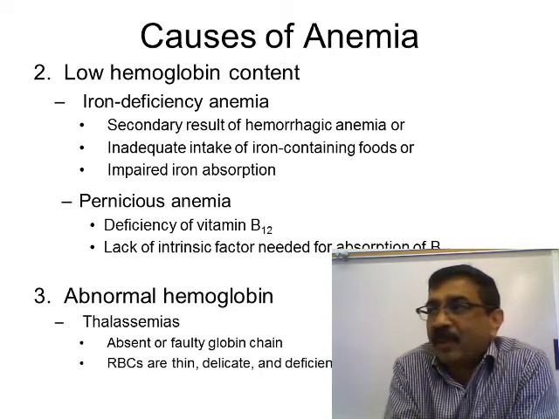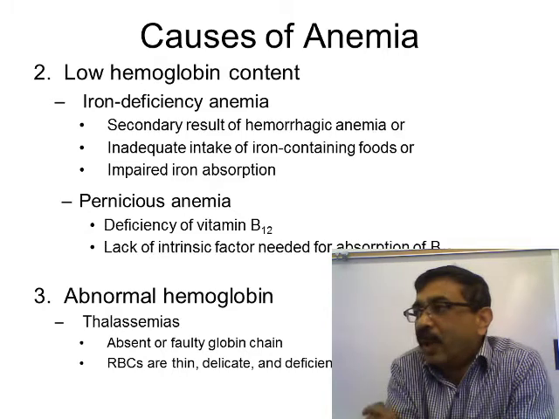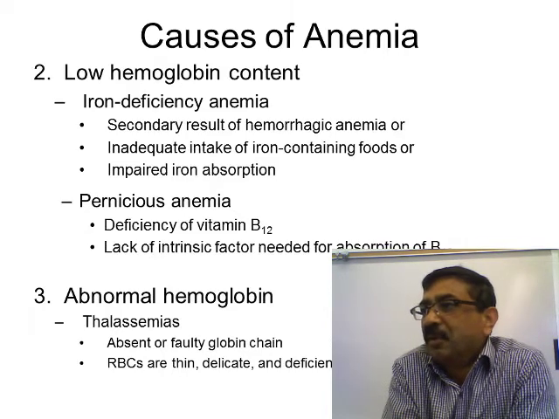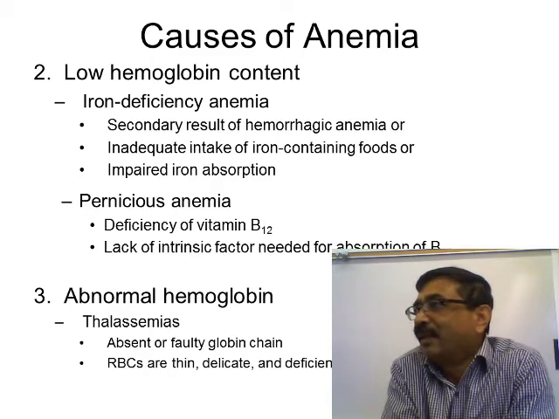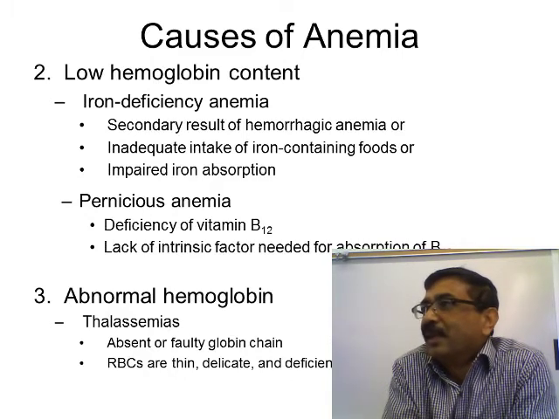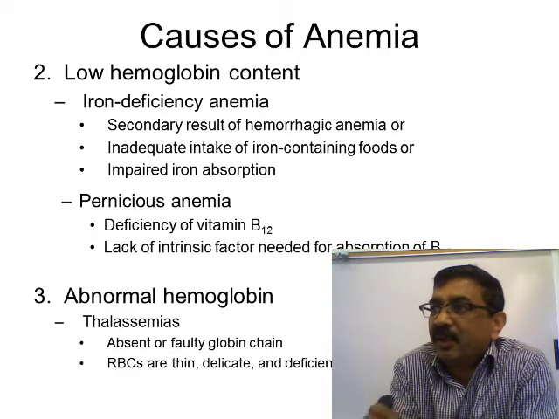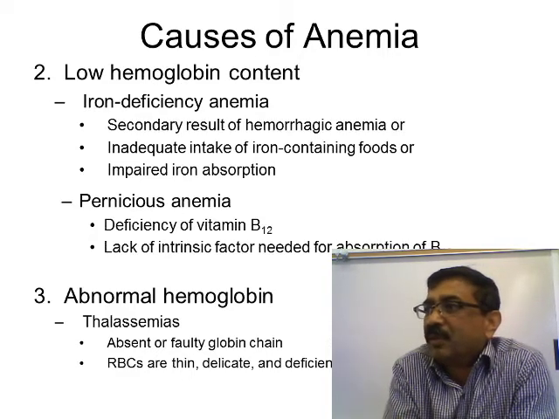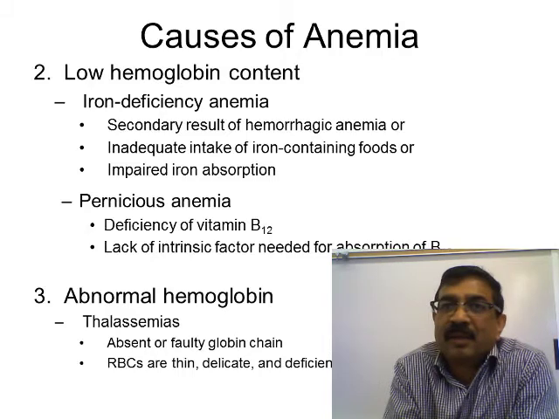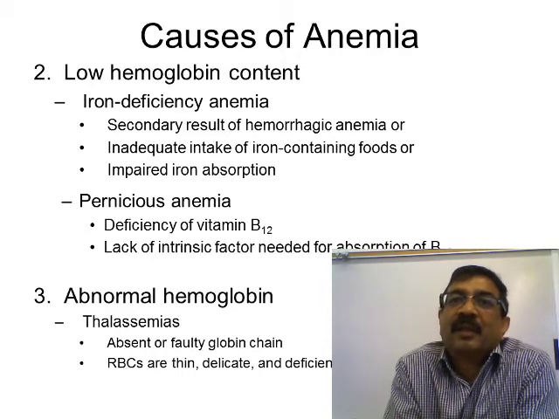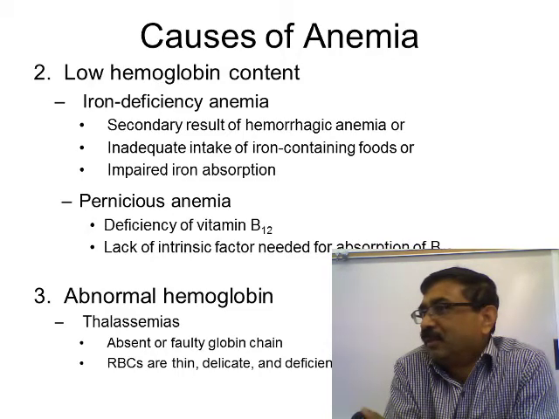Sometimes hookworm or tapeworm can grow in your intestine and they love to suck the blood, right? Worms, if they reside for a long time, slowly they will suck your blood, and that can cause chronic blood loss,